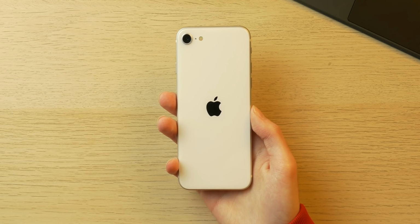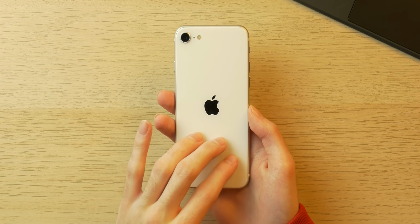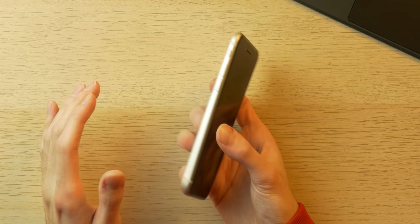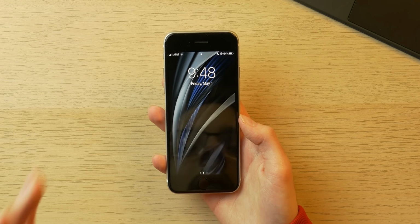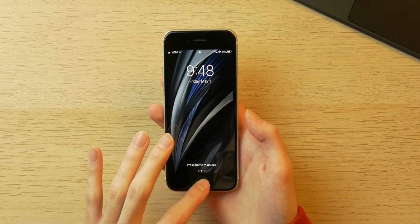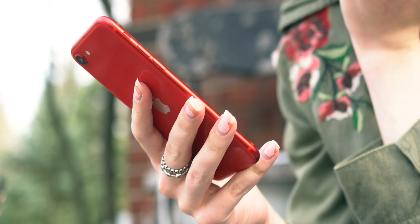Beginning with design, let's just be real here. This is an iPhone 8. We saw this in 2017 with the introduction of wireless charging with the iPhone 8, and from the front you could argue that it's exactly like the iPhone 6, which was launched in 2014 with these thick bezels and the home button and everything. But if you can get past that, I gotta say, this phone feels premium, and not only that,